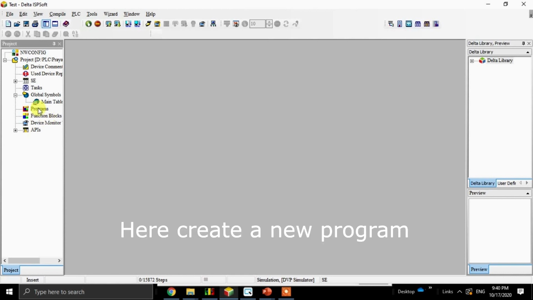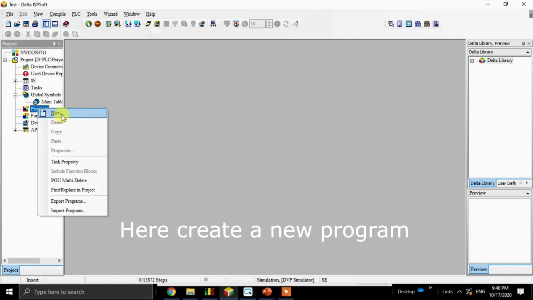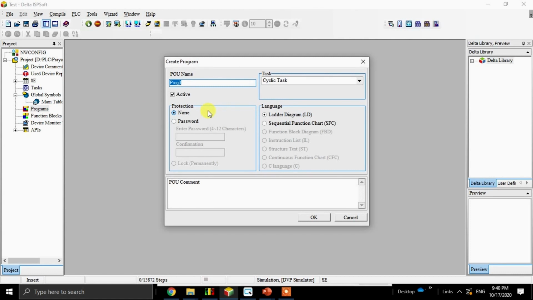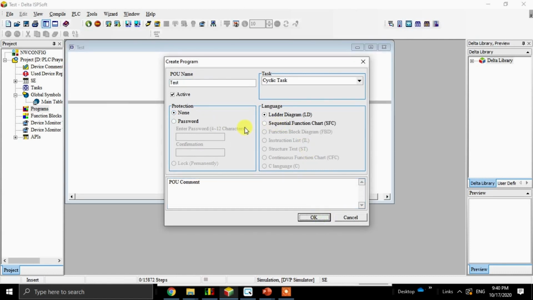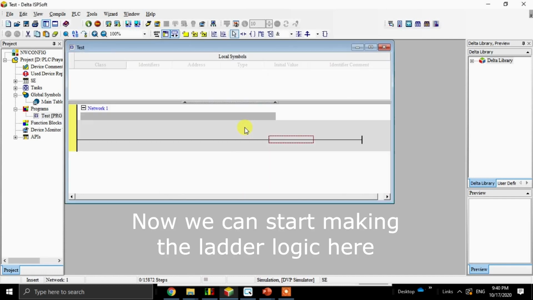Now here create a new program. Now we can start making the ladder logic here.